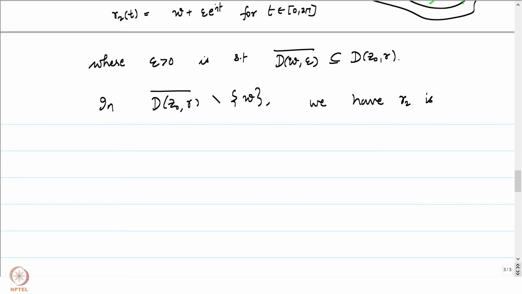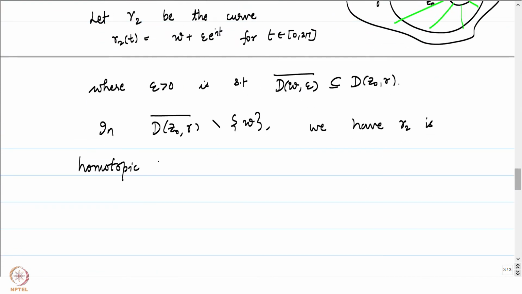Gamma 2 is homotopic to gamma. I have not written down the homotopy specifically in both the cases. They are quite straightforward. It's just the straight line homotopy. It's a good exercise for you to sit down and write down what the homotopy is. It's an exercise which will make you familiar with the notion as well. Write down what the homotopy explicitly is and notice that it is indeed a homotopy on D-bar(z0, r) minus w. Gamma 2 is homotopic to gamma, and hence